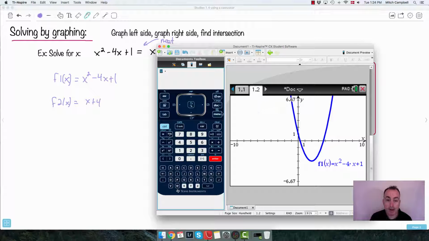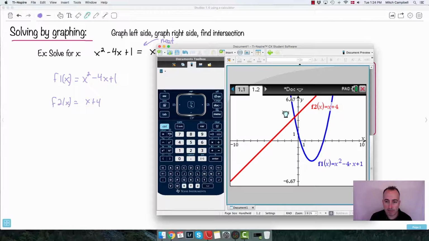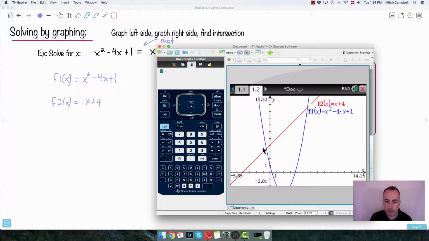Now I want to do another graph. So you can actually do tab. That's to give you another one, or there's other ways you can do it through the menus, but if you press tab, you get another one. So do x plus 4. Enter. Now if you look really carefully, it turns out there's two different places where they meet, because where they